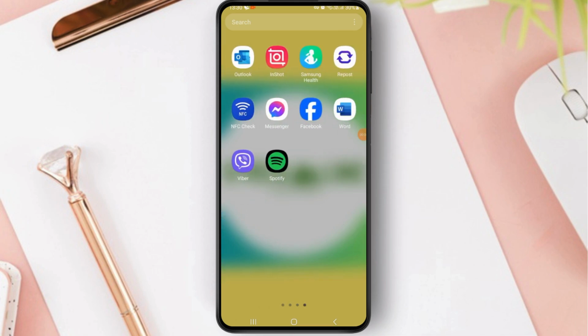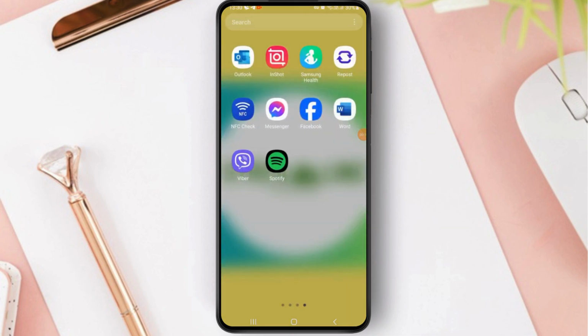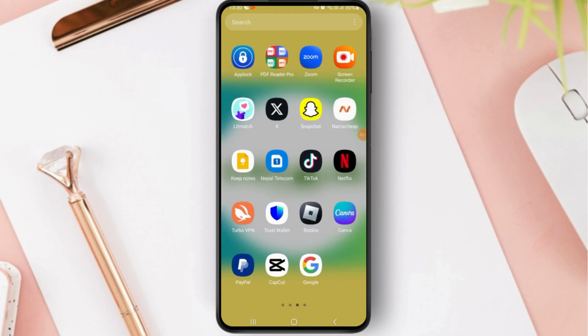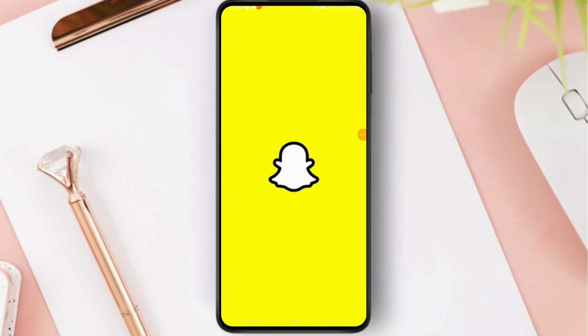Today I'm going to show you how to remove email address from the Snapchat. So steps are very simple. Please watch this video carefully and you can simply remove email address from Snapchat. So go to your Snapchat account. Once you open your Snapchat account,